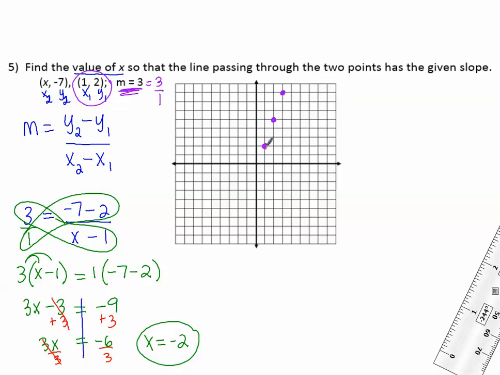Now let's go backwards because we've run out of room. Down 3, left 1. Down 3, left 1. Down 3, left 1. Now I have no more room. Notice that